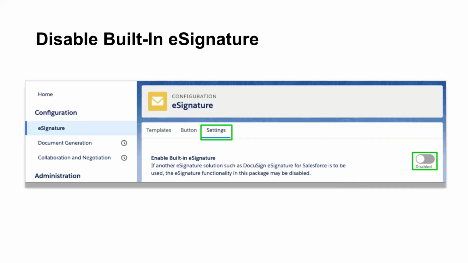And how we get there is we go DocuSign setup, e-signature, settings, same page as the last. And then there's this enable built-in e-signature switch, and you can just click it. It's default set to enabled, but if you click it, it goes to disabled, and that's it. You have switched to the legacy DFS app. Your users can use Gen and Negotiate still, but when they send for signature, they can also use your legacy custom buttons and templates. So this enables you to use the new Apps Launcher package plus your old e-signature package while you're getting ready to change out.